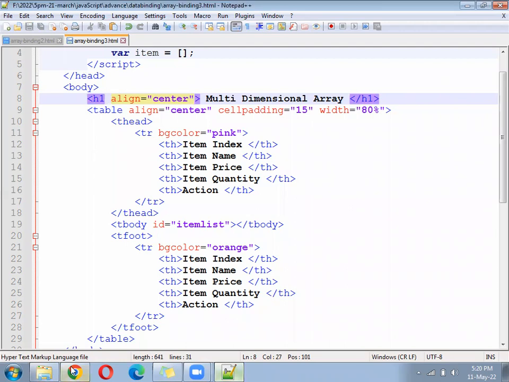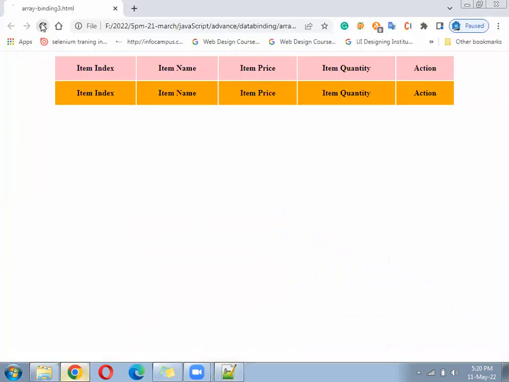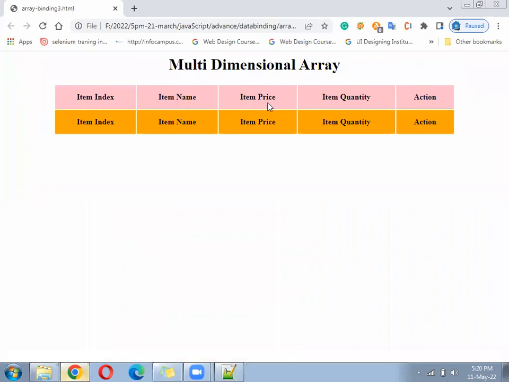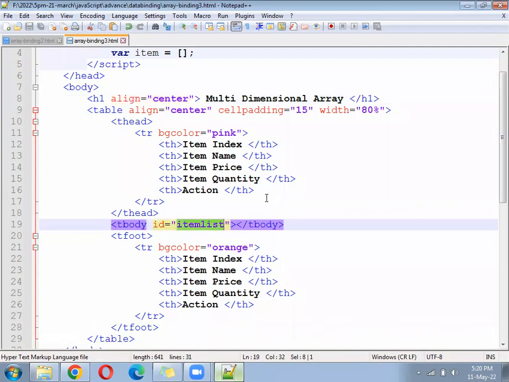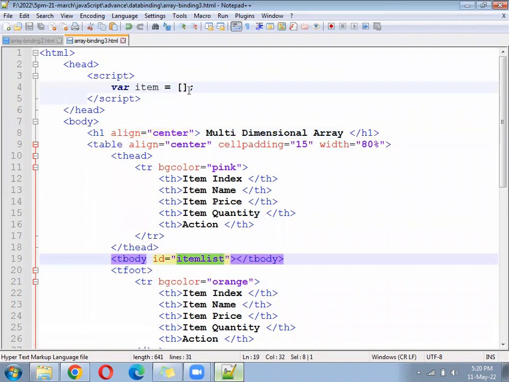Okay, ready? You got a heading on the top. Next, the data should come inside. Data will come from the array, from the JavaScript. Here is from item list. Go now. Inside this,